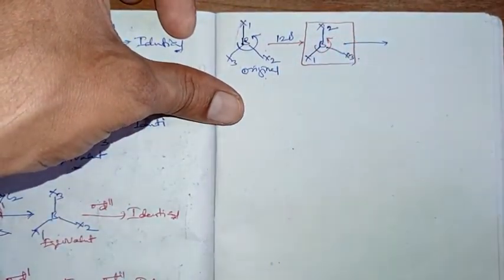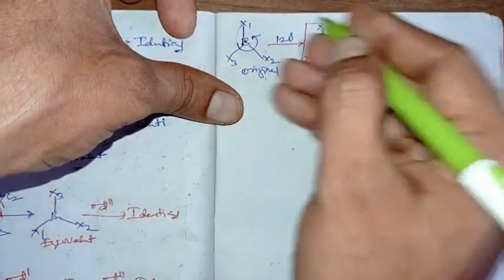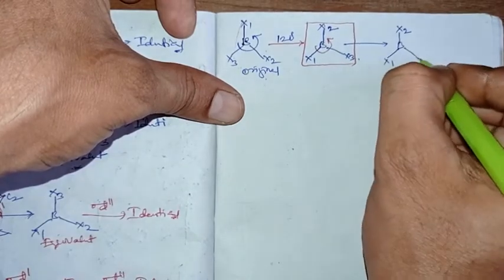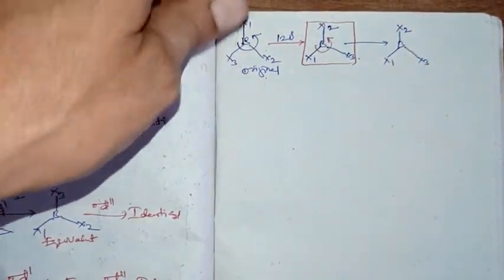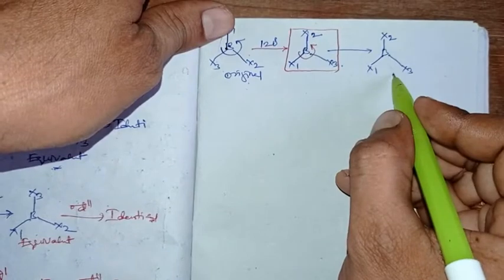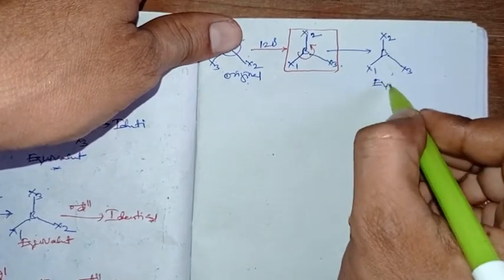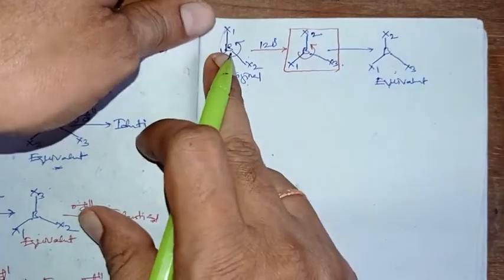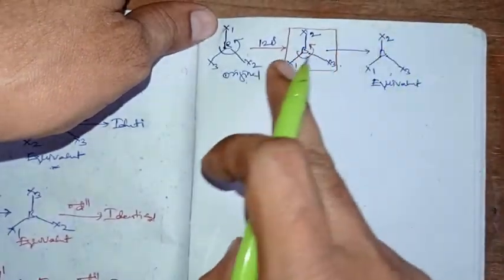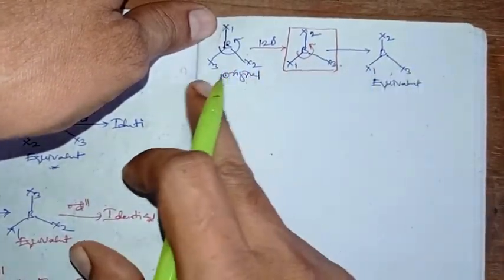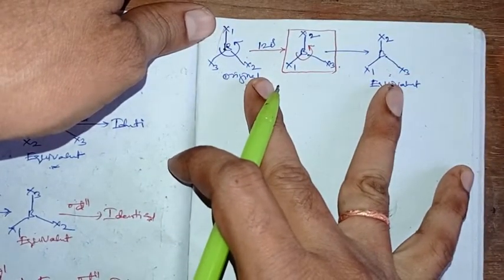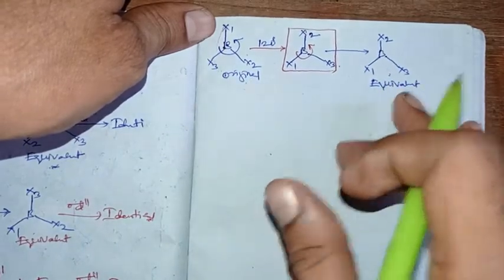This is the axis, this is the plane I am considering, where it is passing through all the atoms, so all the atoms retain their positions, right? So here this is the configuration we have to compare with the original. It is an equivalent configuration, isn't it? This is trigonal, middle boron, towards one up halogen, downward two halogens, left and right halogens. Altogether they are similar configurations but not 100% equal, so it is suggested as equivalent.